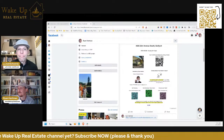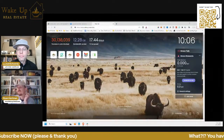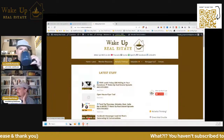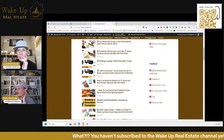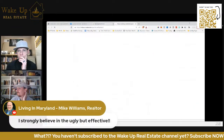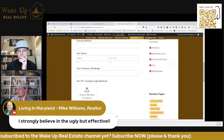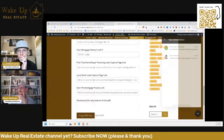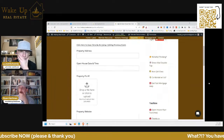Yep. So the tool itself can be found on the site, of course. It should be just the easiest way to get to it. It'll be in the navigation under the swipables, I think, or down here under toolbox, open house flyer tool. And the way it works is you just fill out some fields. Now, the first time you do this, it's going to take a minute,